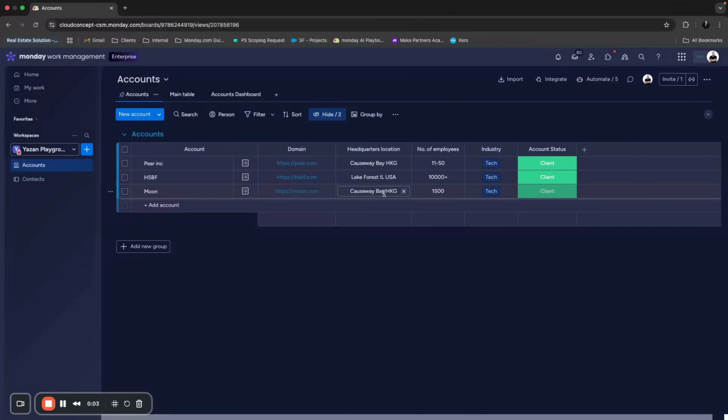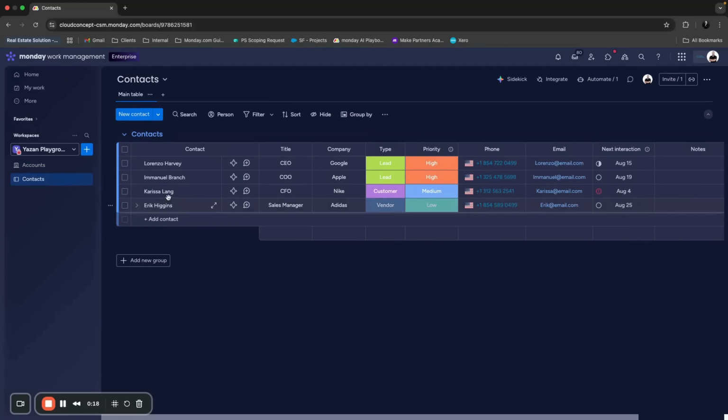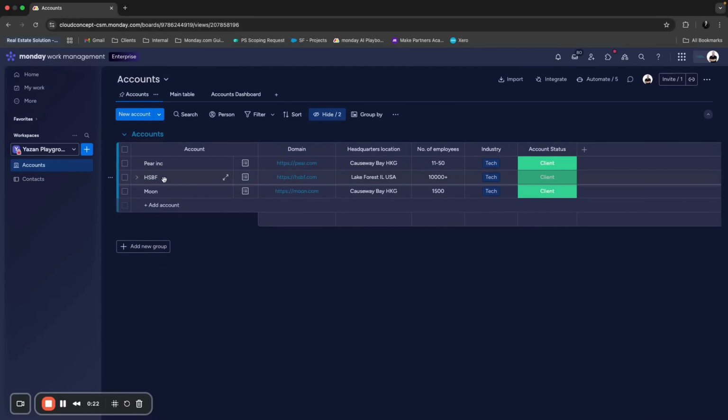Today we will be demonstrating how the connect boards column and mirrors work. So let's dive in. Over here we see that we created two different boards. We have the accounts board and the contacts board. And of course, for us as a company, we would like to know, for instance, Lorenzo over here, which company he belongs to